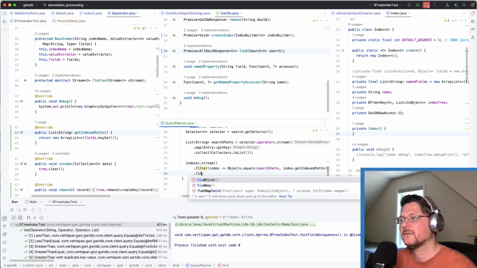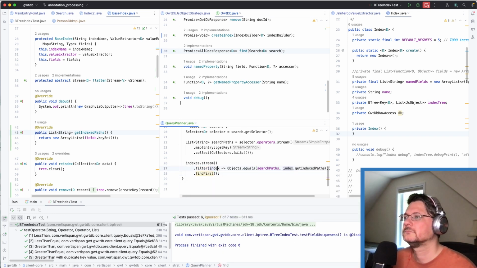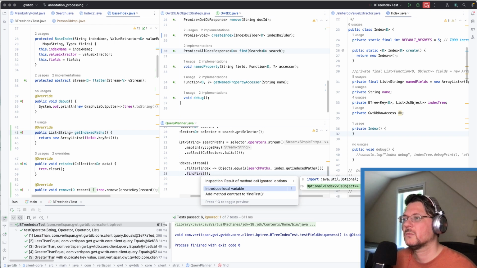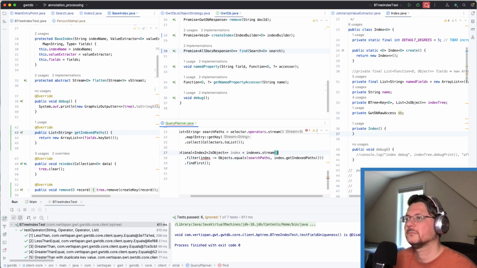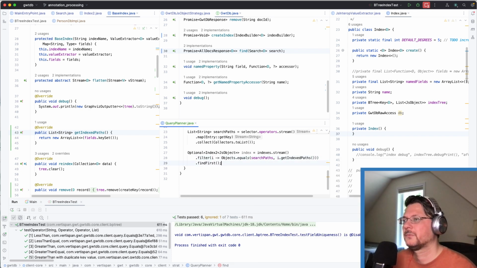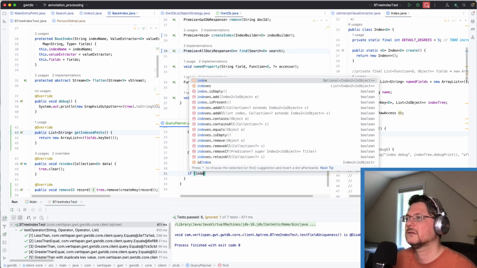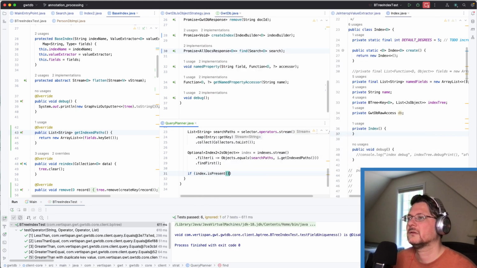And I'm going to find first. Oops, introduce local variable is what I wanted. Index. It's fine. If index is present,